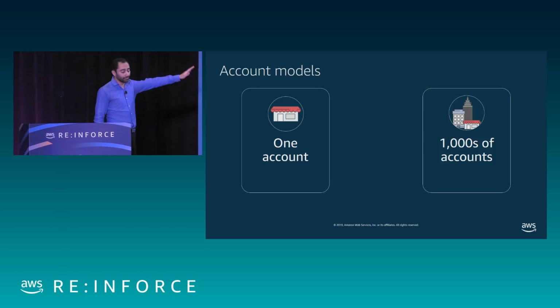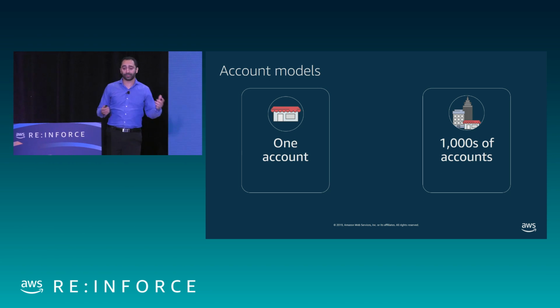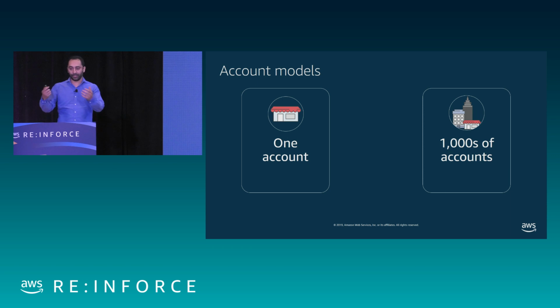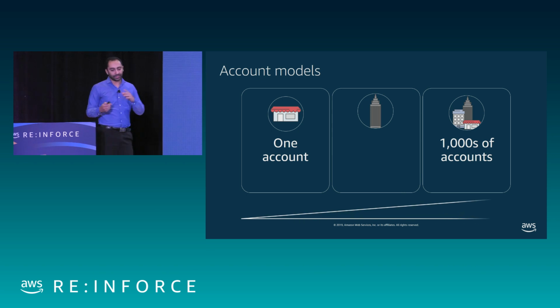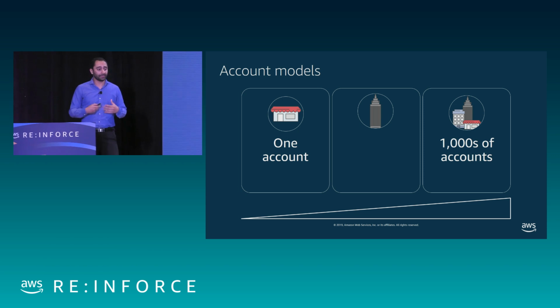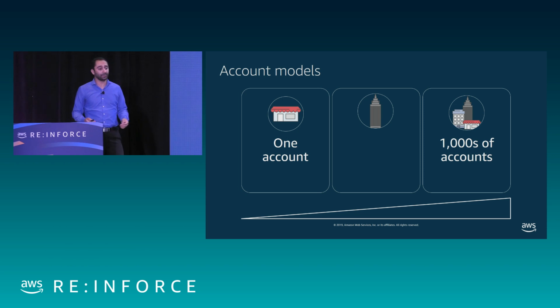On the other end of the spectrum, we have customers that are moving toward thousands of accounts. Many customers have that today. But when you start going toward that model, it's the aggregation problem. How do I bring everything together? How do I know what's going on across the board? Many customers are somewhere in between. But my personal goal, and to a certain extent, as we see this journey happening over the last few years, customers are more and more moving toward a lot of accounts because they provide a really good level of isolation.